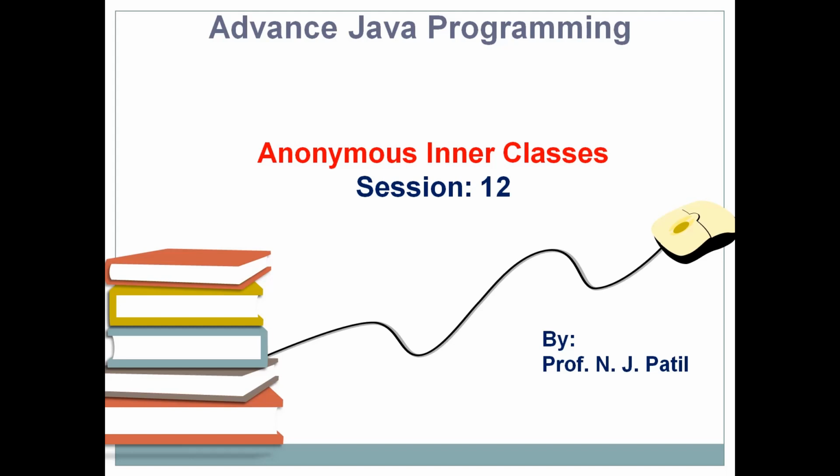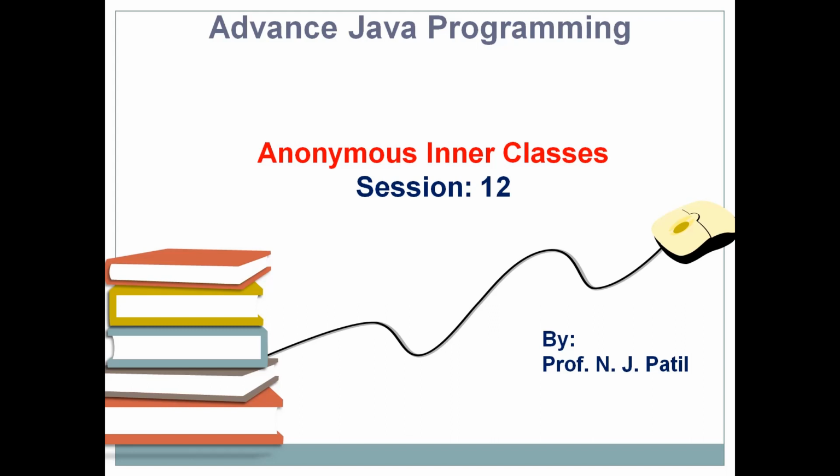Anonymous inner class, as the name suggests, is a class without a name. We can declare classes in Java without even declaring a name for those classes, and such classes are called anonymous inner classes. Anonymous inner classes are useful when you want to create a class which inherits some other class or an interface, or overrides the methods of another class. In such cases we can create an anonymous inner class.